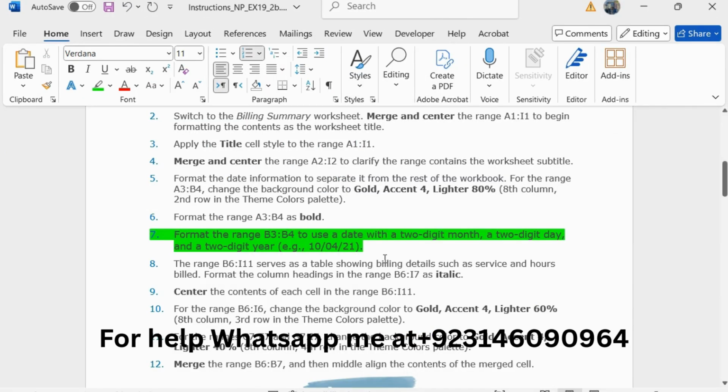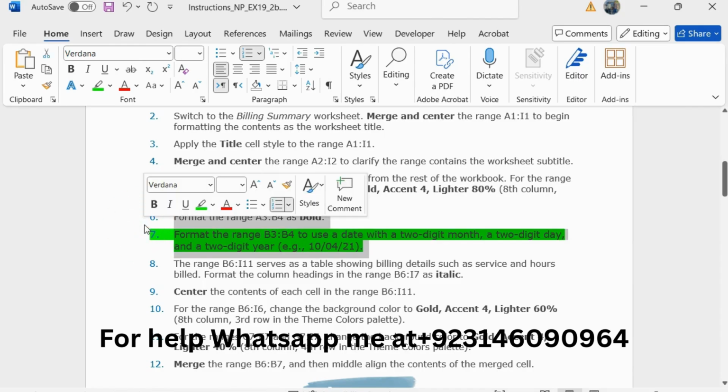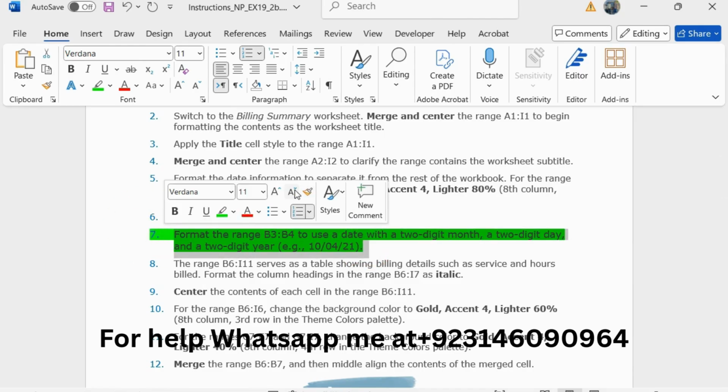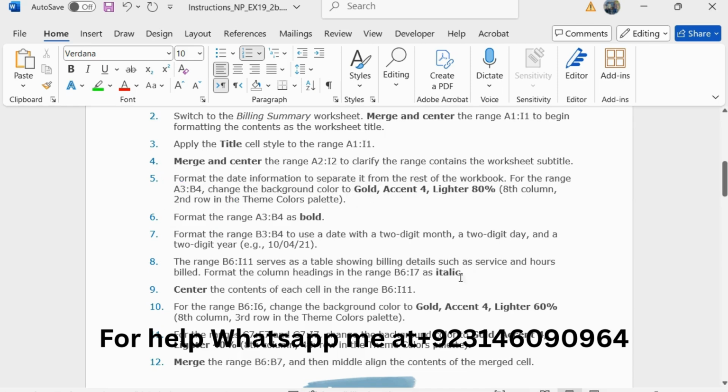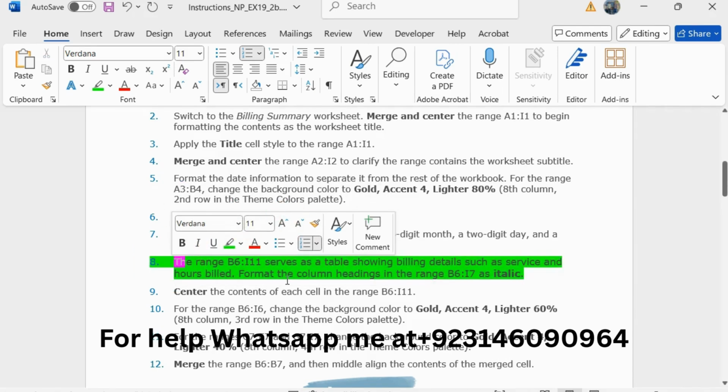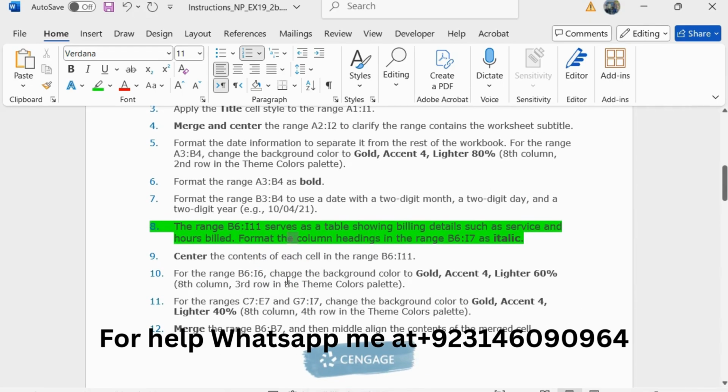So I have completed 7 steps successfully, and step number 8 is the range B6 to I11 serves as a table showing billing details such as service and overbilled.